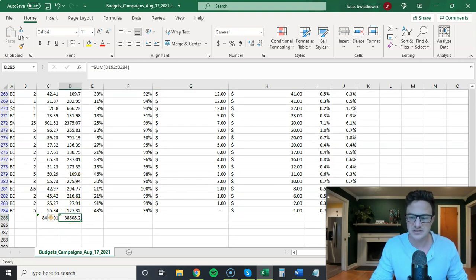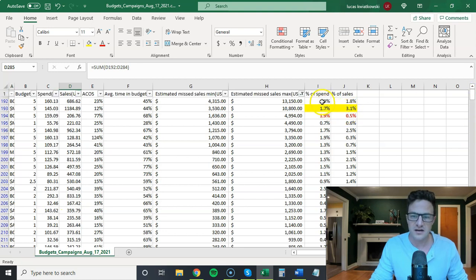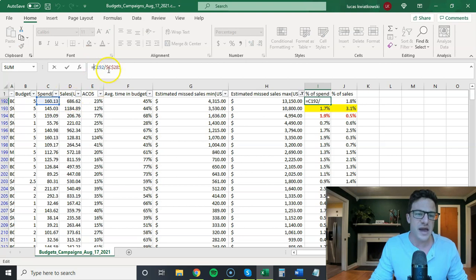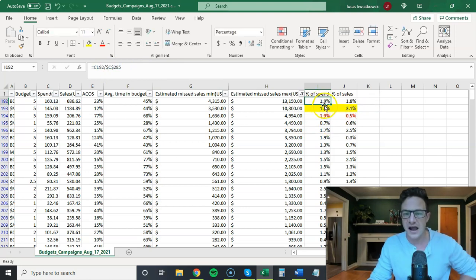Some spend and some sales. And then just a simple calculation. I just want to divide my spend by the spend at the bottom and then put a little dollar sign, the C in between the dollar signs. This will divide all of these campaigns and let me know, okay, over the last 30 days, this campaign has made up